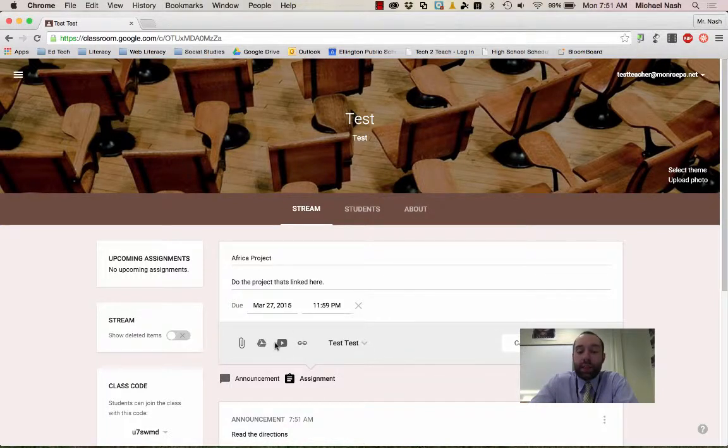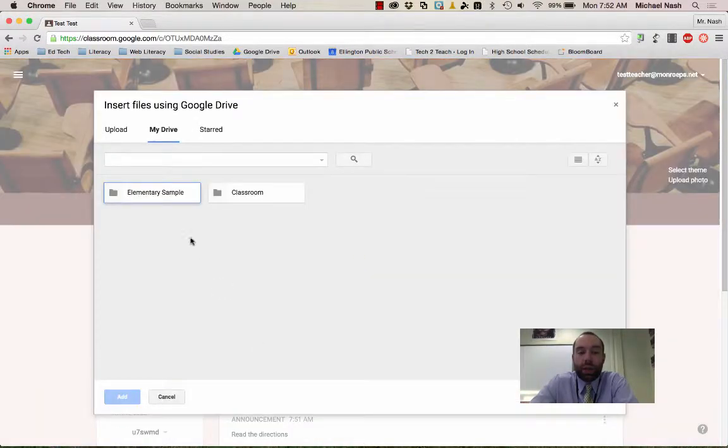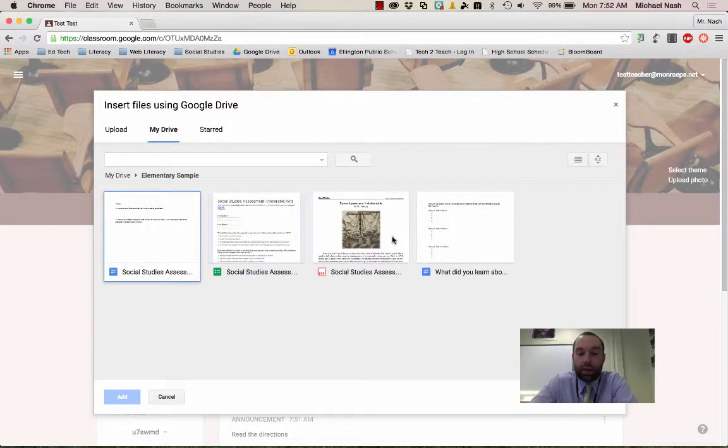Now, I have these same options. I could include various links, different websites I want kids to go to. I could embed some videos. But the thing I really want to focus on here is this last option, the Google Drive, because this is the part that makes the assignment feature on Google Classroom really powerful. So if I click attach Google Drive item again, and I find an item like this one,